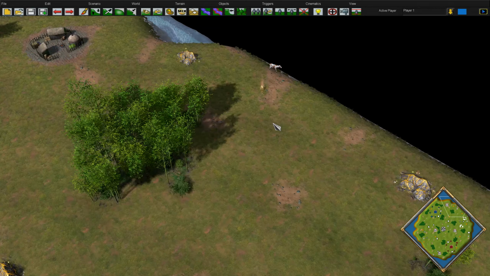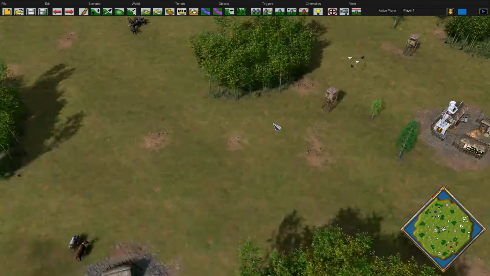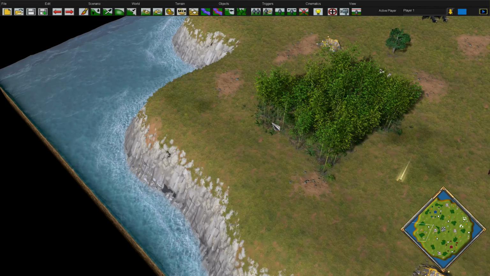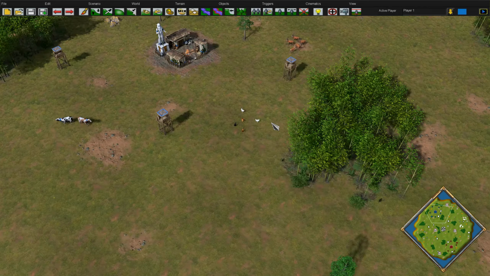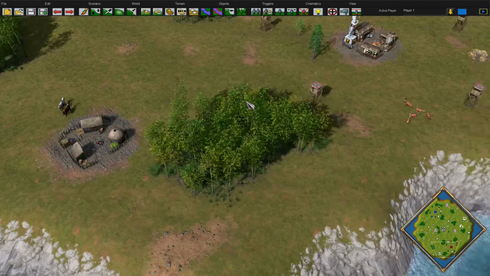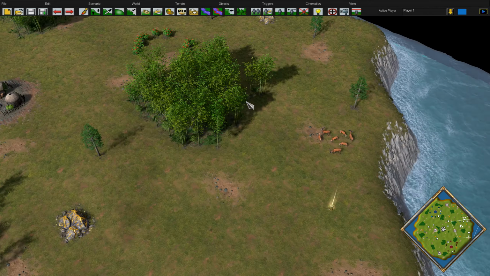You can see there's still some quirks like those cows against the edge there. I'll have to work on that a little bit, but for the most part, it's functional. You could definitely play it in its current state. Still a bit boring though. I'm gonna try to figure out what to put in the center of the map.